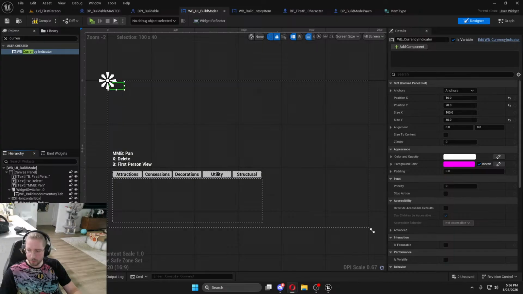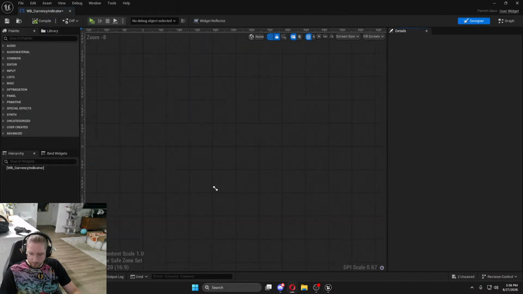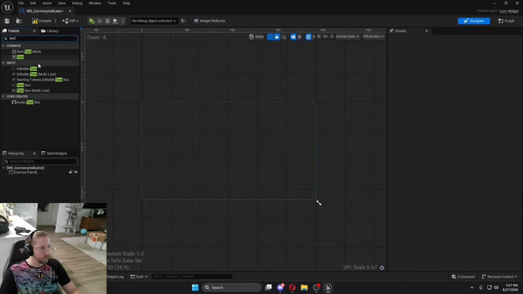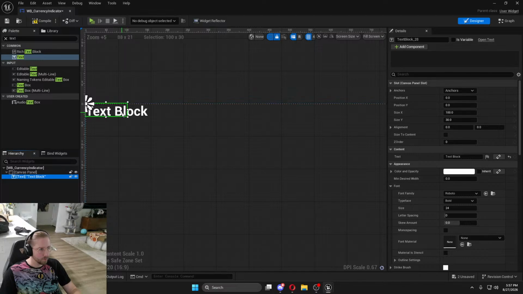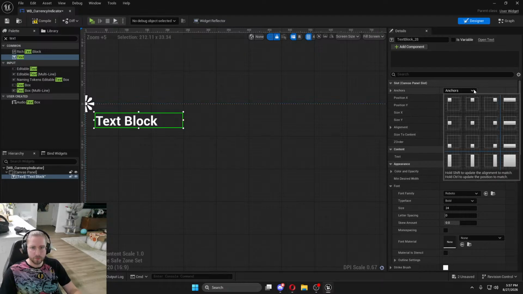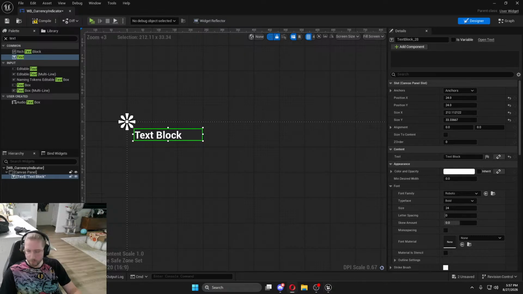And now we can put, for example, a value just to have a placeholder to see how it will look. So, for example,